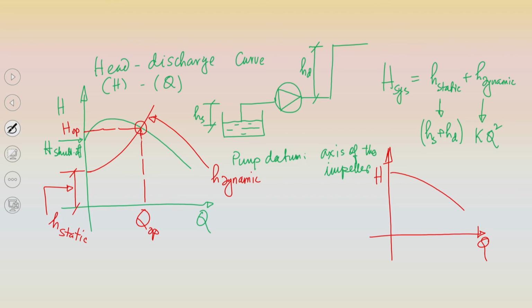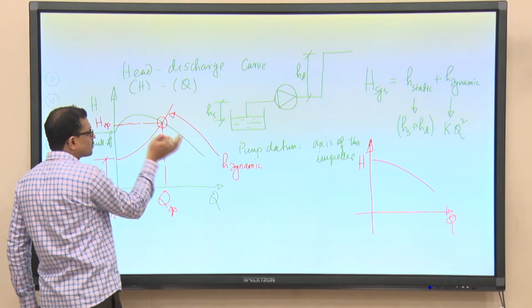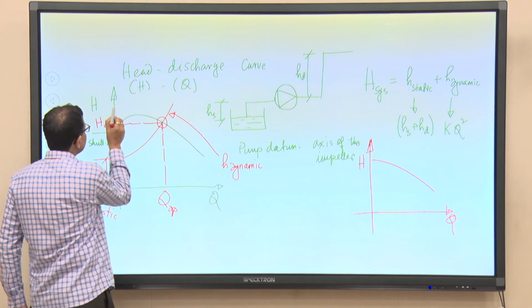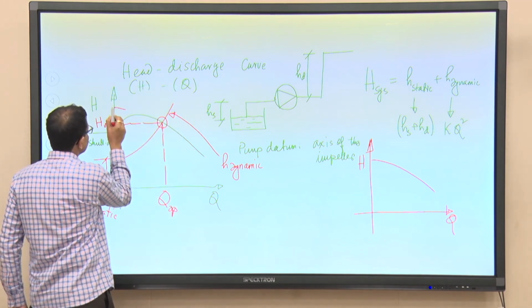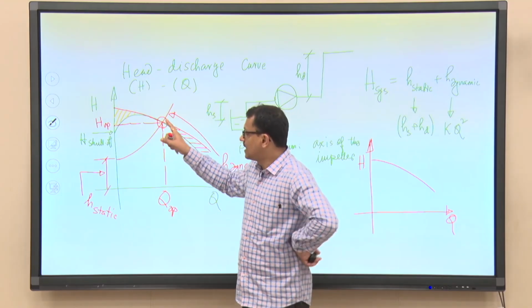But if we now look at this schematic, we can see this is not the case. If I superimpose that curve over here, ideally the pump should have characteristics like this. But we can see there is loss, rather losses. If I set this particular portion in a different color, this is the area which represents loss or losses.